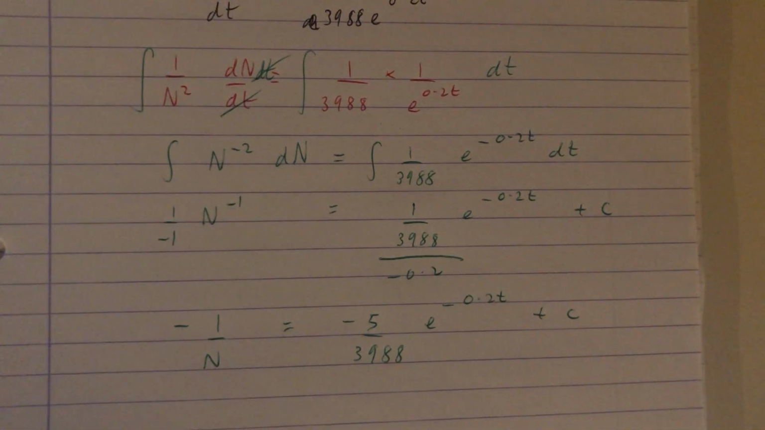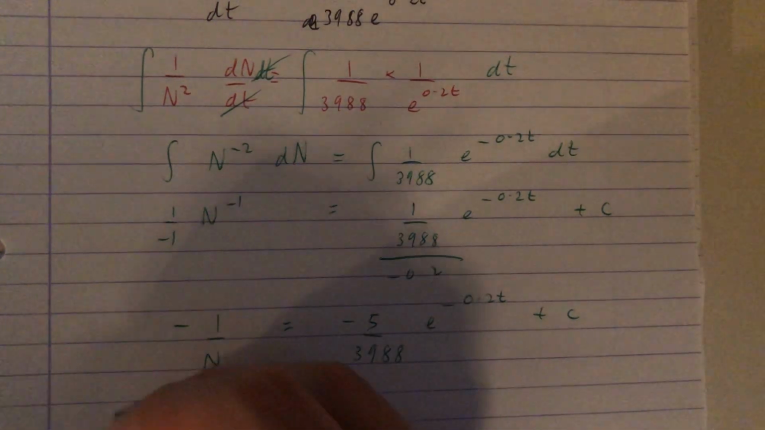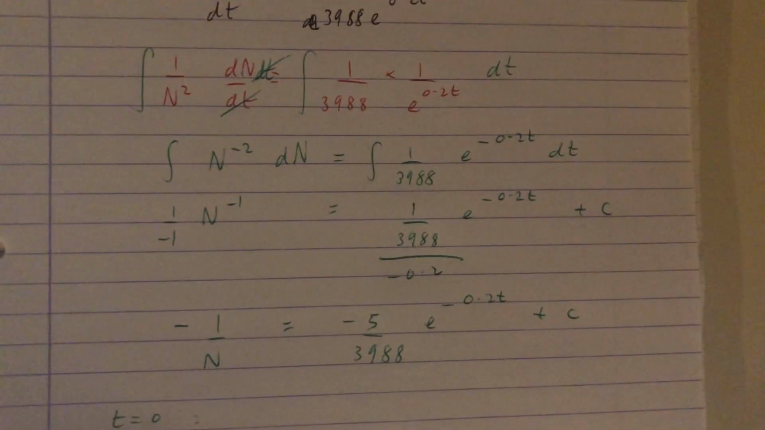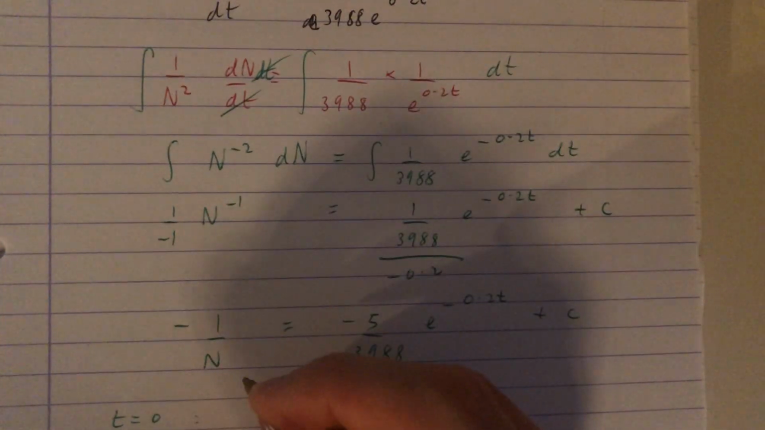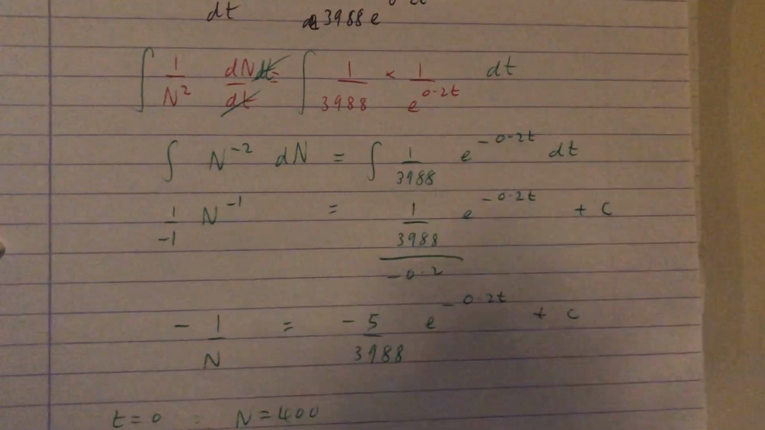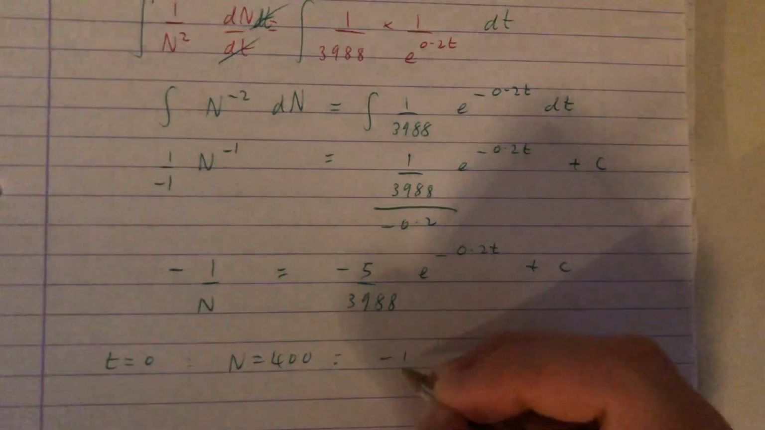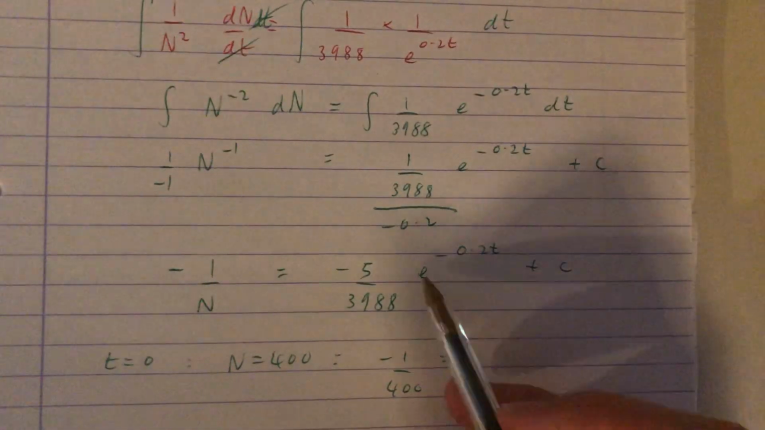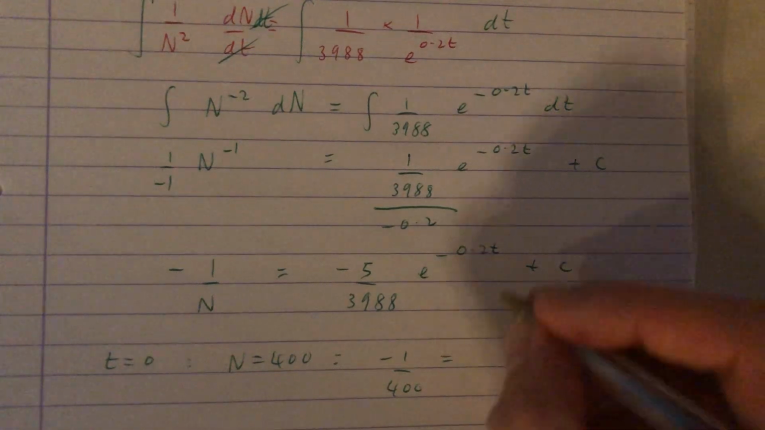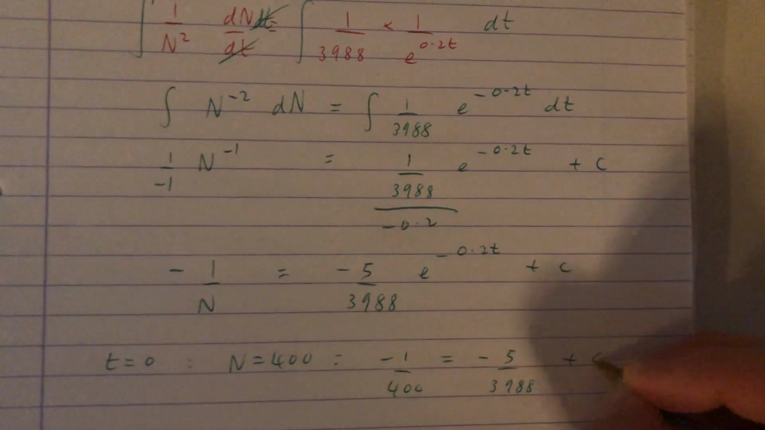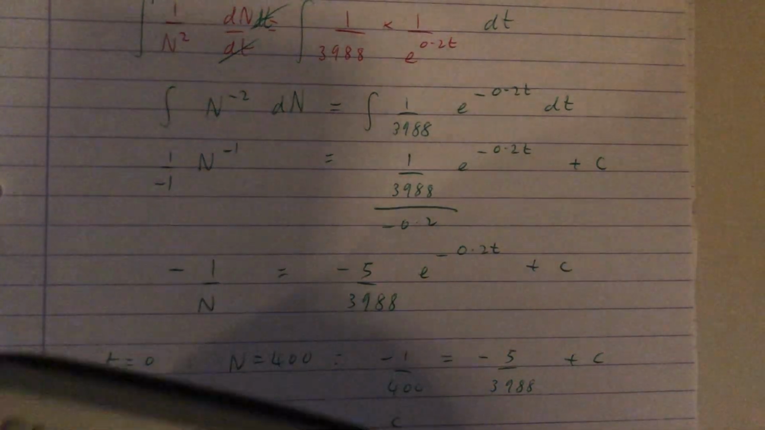I guess we've got to use those initial conditions again to work out the plus c. So let's substitute in t is equal to 0. We get n is equal to 400. Substitute that in, those initial conditions right at the start. Minus 1 over 400 is equal to, anything to the power of 0 is 1, so that effectively goes to 1. So you just go this plus c. If you make c the subject,